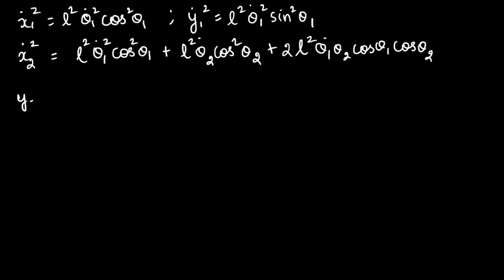Similarly, y2 dot square will be, here again we are going to perform a plus b the whole square. You are going to consider a as minus L theta 1 dot sine theta 1 and b as minus L theta 2 dot sine theta 2. On doing that, you're going to get the same thing, which is